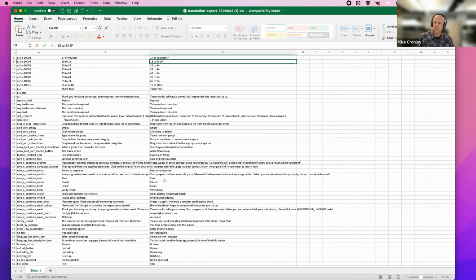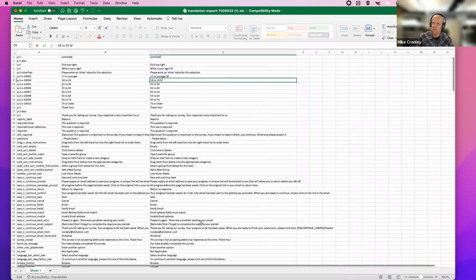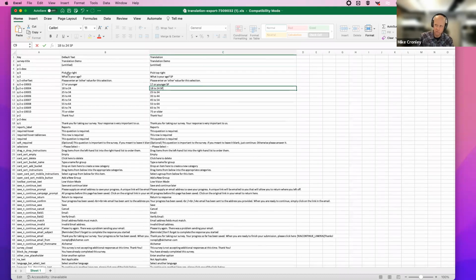So I wouldn't need to translate all of these. So I think a path to take is, let me just use the sheet and I'm going to translate the questions, maybe some of the basic, like a required, if validation type of messages. The rest I'll just leave alone.